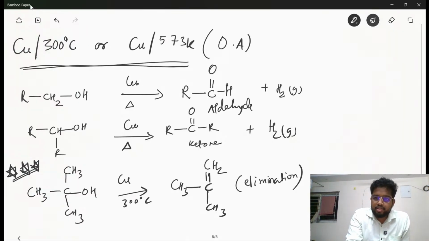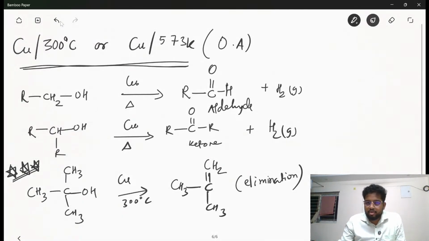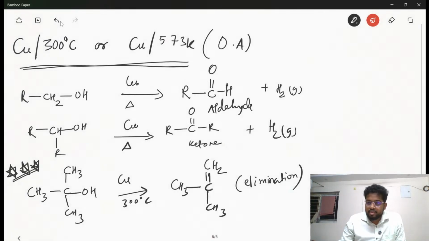Now, about the last reaction, I have a very small question for you. See this one. If I have cyclohexanol, in this cyclohexanol, if I am